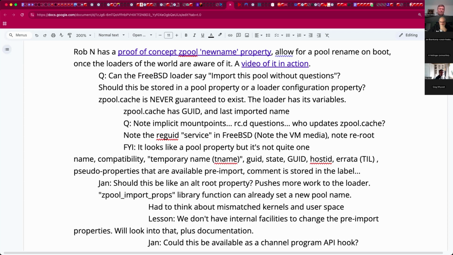But then it becomes not a generic ZFS feature. I mean, maybe it shouldn't be. Maybe it does belong to the bootloader. I was thinking about